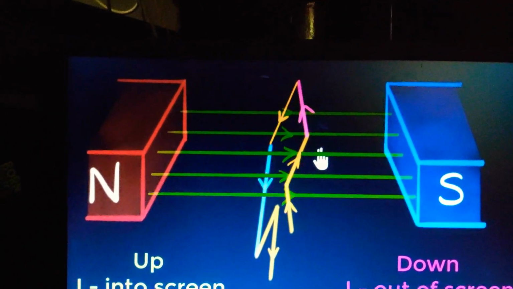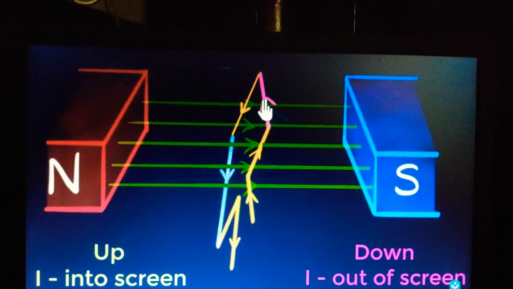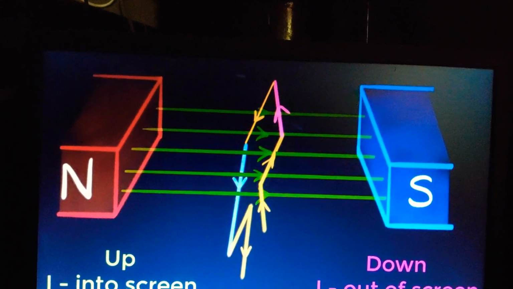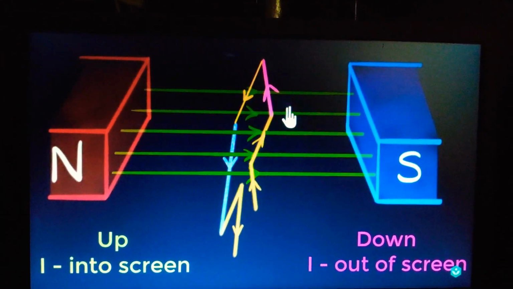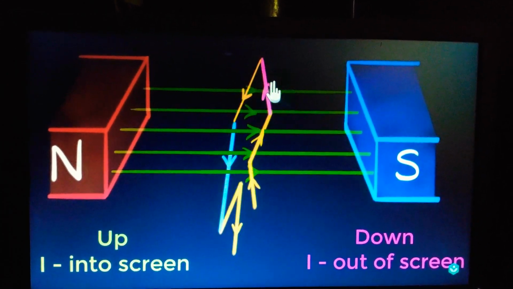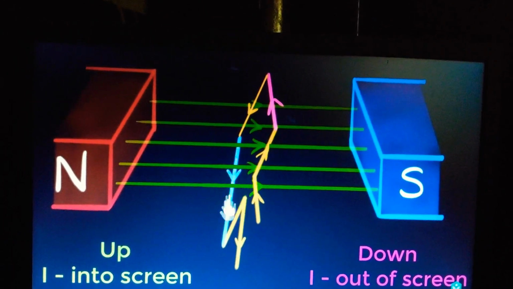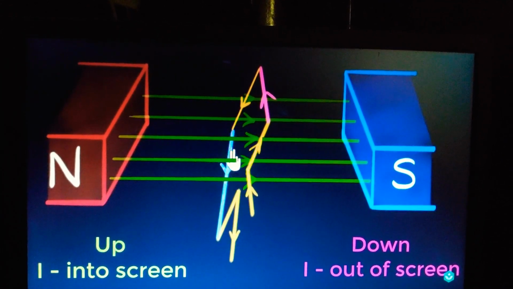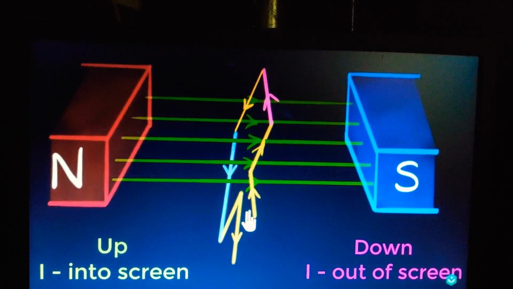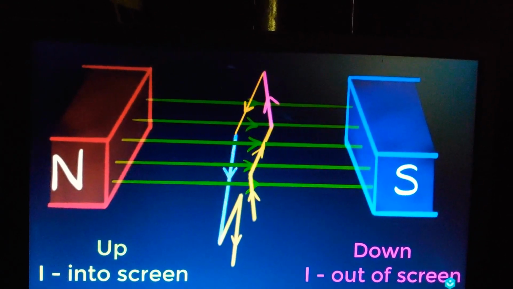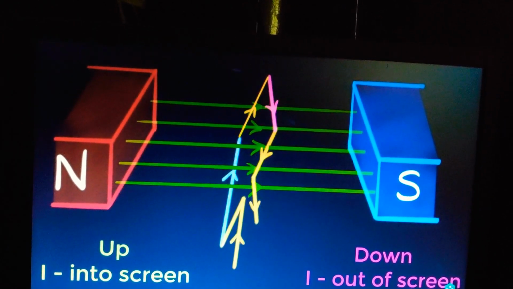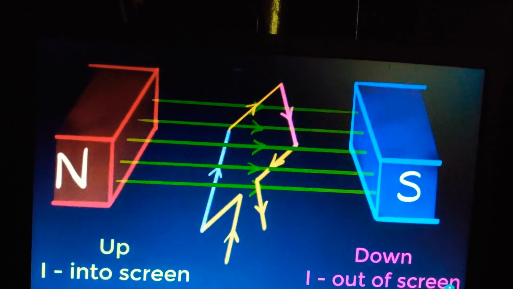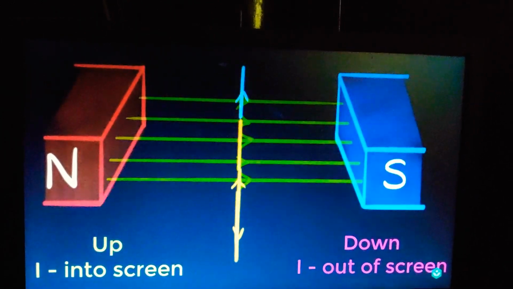This means now the current in the pink wire should be out of the screen, because we already saw using our right hand rule, when the wire is going down, the current must be out. And in the blue wire, which is going up, the current must now be inwards. In other words, the current will now change its direction. This is the important thing. So the current changes its direction, and it continues to flow this way